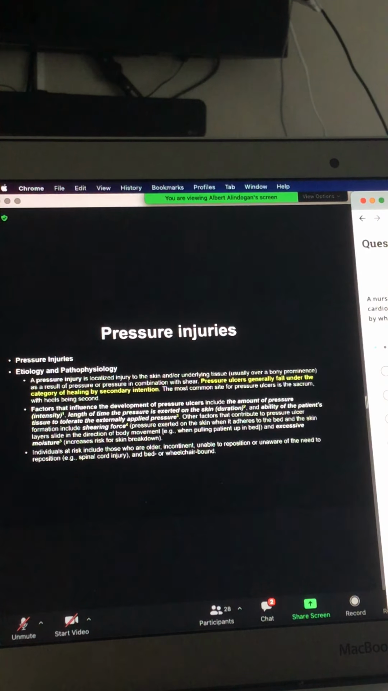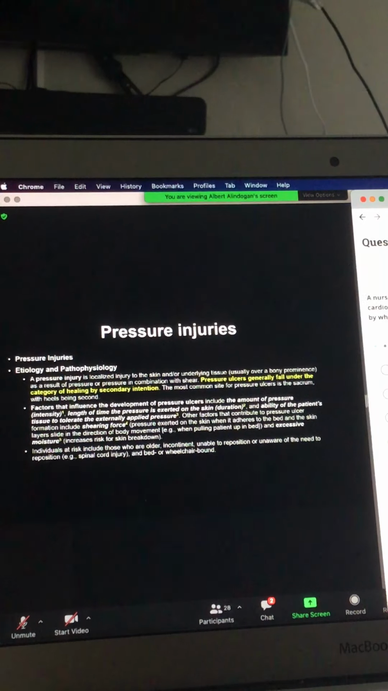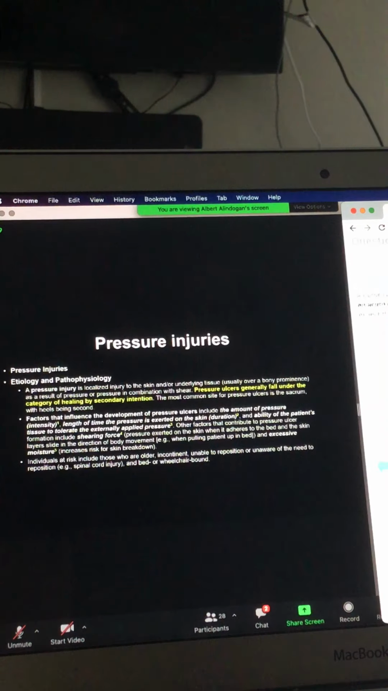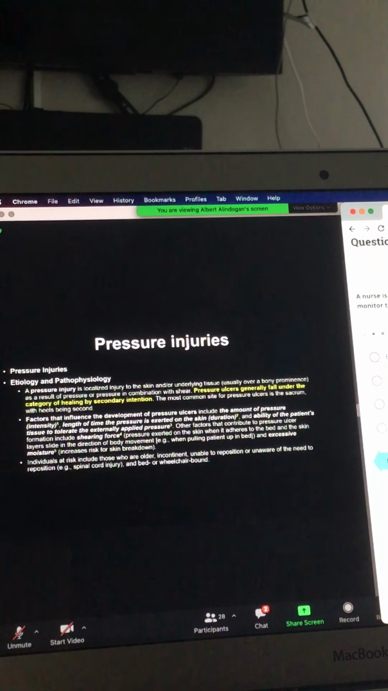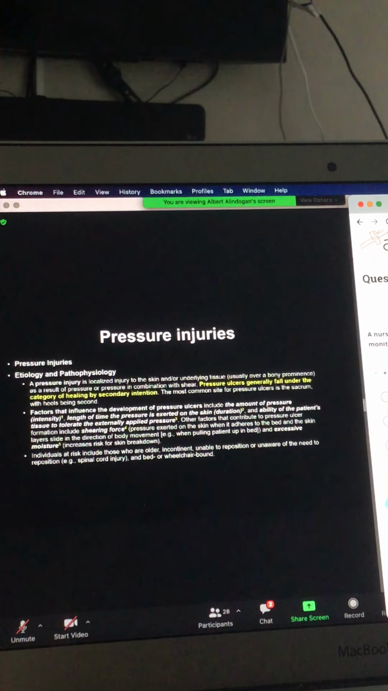And we said that if it goes beyond the 2-hour period, that damaged tissue can lead into tissue death or necrosis, all right? Number 3 factor is the ability of the patient's tissue to tolerate the externally applied pressure, okay? That means this can be, again, unique in every patient that we deal with. There might be patients who can tolerate longer periods of pressure being exerted on the area, with no injuries happening, right? So other factors that contribute to pressure ulcer formation include the shearing force, okay, and also the excessive